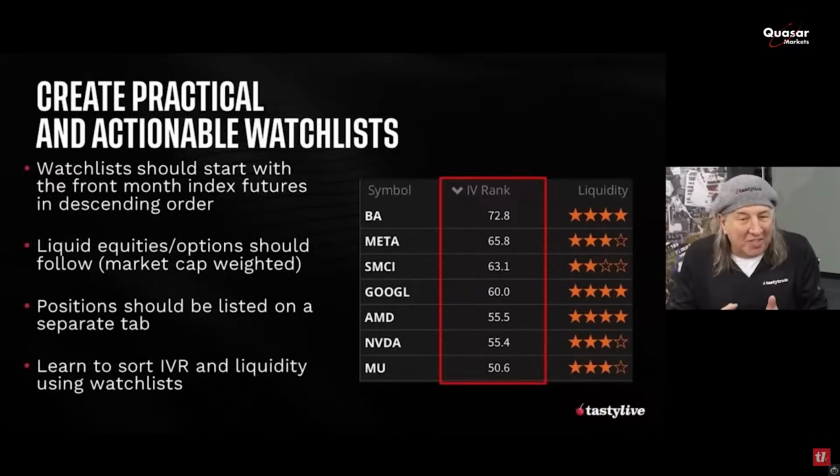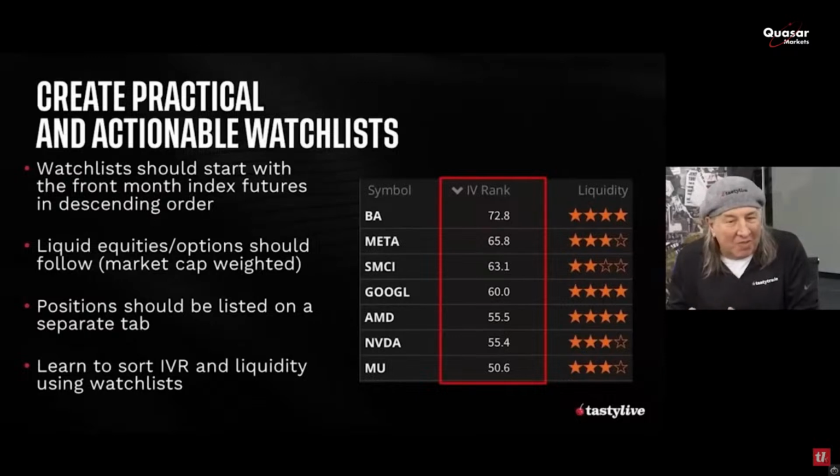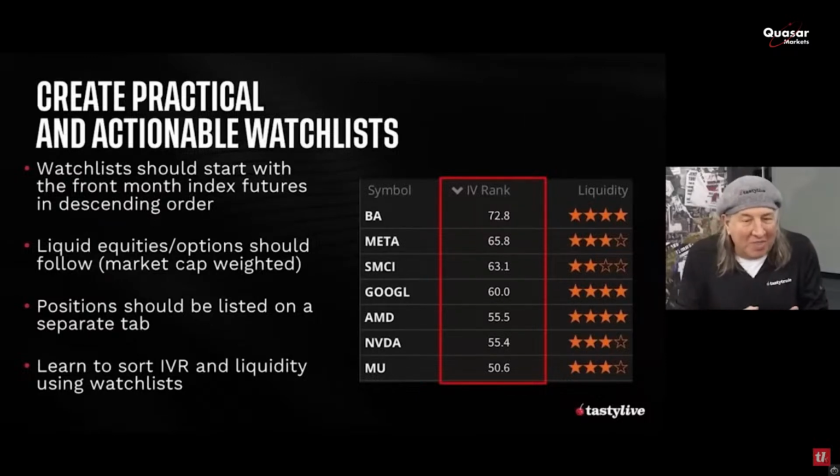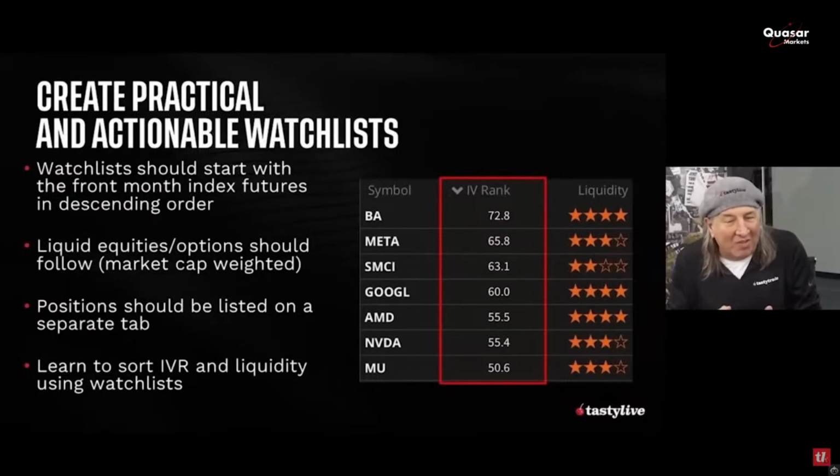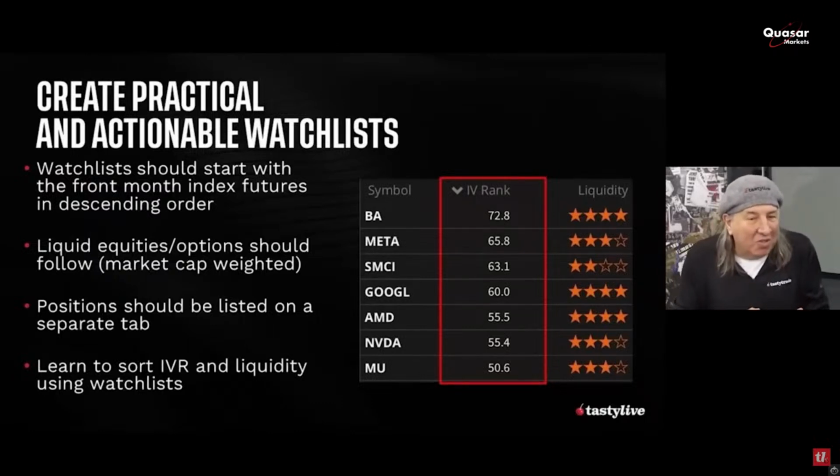So you can see, some have a 2-star liquidity, some have 3-star, some have 4-star liquidity. Google and AMD have 4-star liquidity. I would argue right now NVIDIA easily has 4-star liquidity, but some, like SMCI, might have 2-star liquidity. What's interesting about this is on different platforms now, you can sort by liquidity if you want, but I always